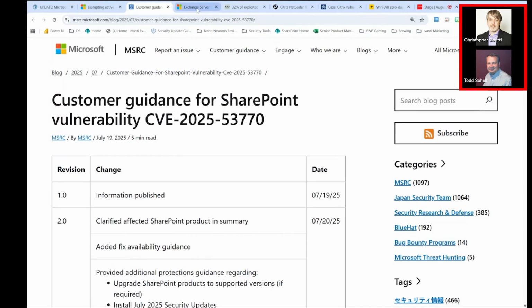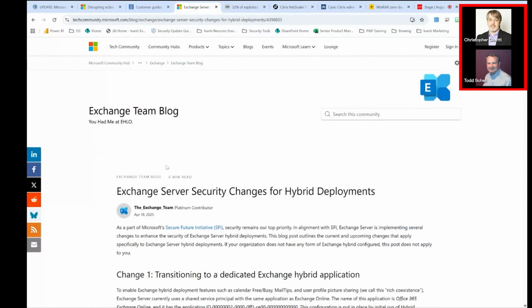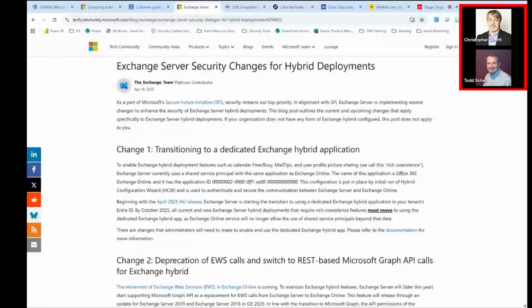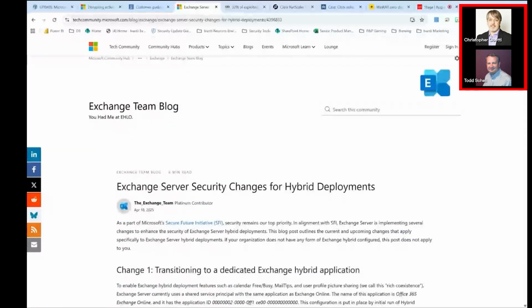The next update that we wanted to talk about is for Exchange Server. Exchange Server did have a security update this month. 5 vulnerabilities, and the highest rating on any of those was important. No major security concerns on that. What is coming up in a lot of conversations is if you are an Exchange Server user and you